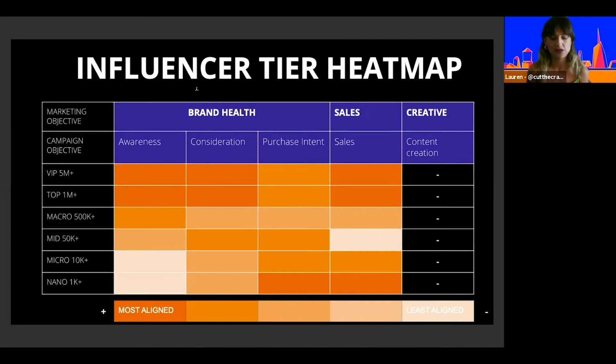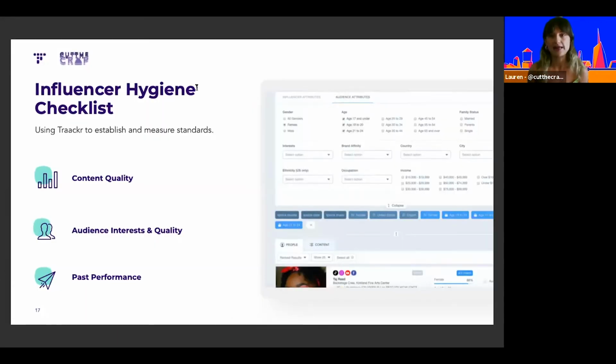We really took the time to take a step back and understand, okay, of the mix of people, who are the right people within these tiers that actually speak to our audience? And it wasn't about people that we liked or just because we know that this person has some clout. We really laid out a checklist for us when we were going to identify the right people for our brand. Essentially, I love the name of this, the hygiene checklist.